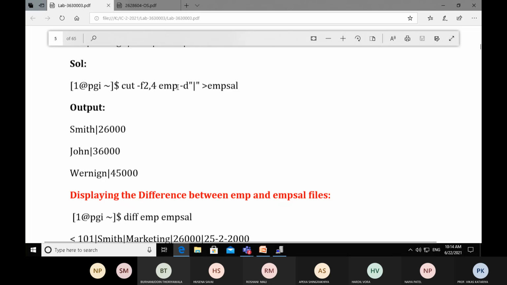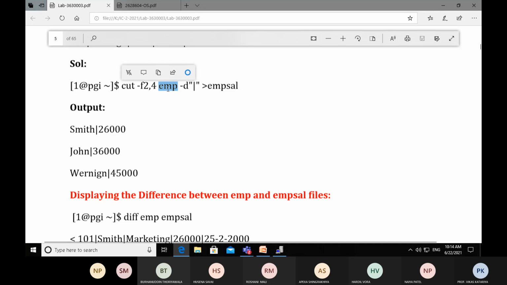If you want to apply cut on some field, you have to use -f for field, and mention the column or field number, for example column number 2 and column number 4. So -f tells us field; we are cutting fields 2,4, that is specifically field number 2 and field number 4.